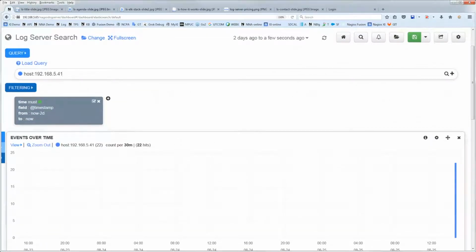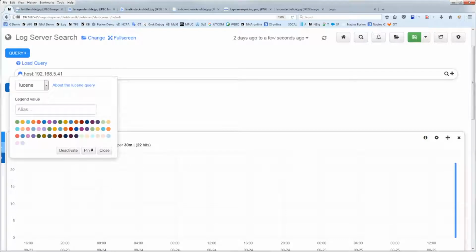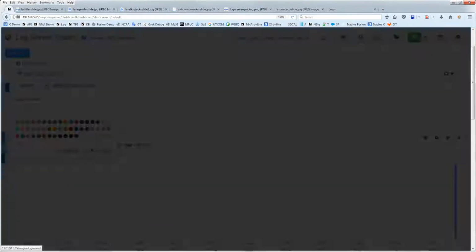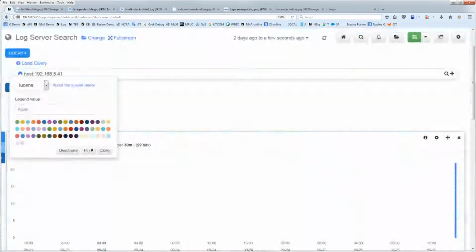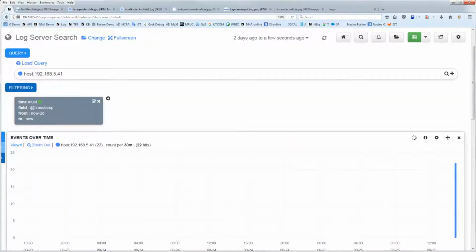Now the queries, you can click the little colored circle here to check this out. By default they would be Lucene, but it also supports regex and Top-N. So if you'd like to customize that and use different query syntax, you certainly can. Otherwise, Lucene's very nice, very quick and easy to learn, and you can click the About Lucene Query here to learn more about the various operators that would be involved in Lucene. Essentially, it's just AND, OR, and NOT operators in capitals,